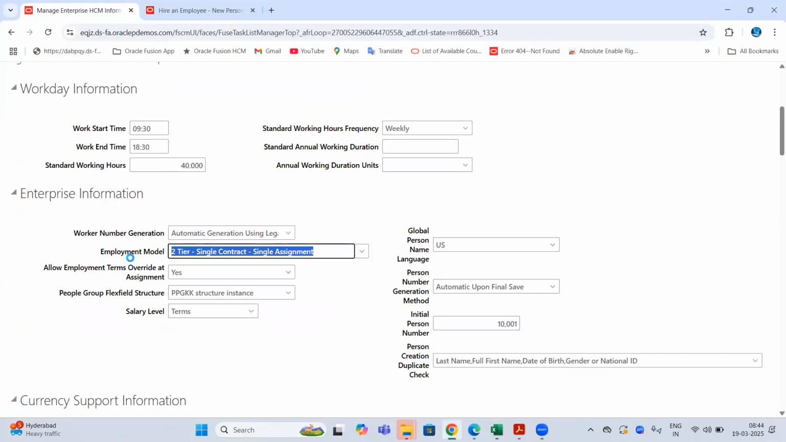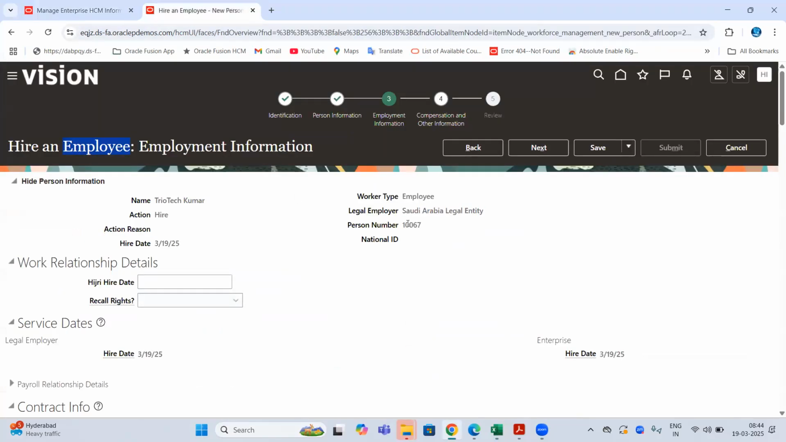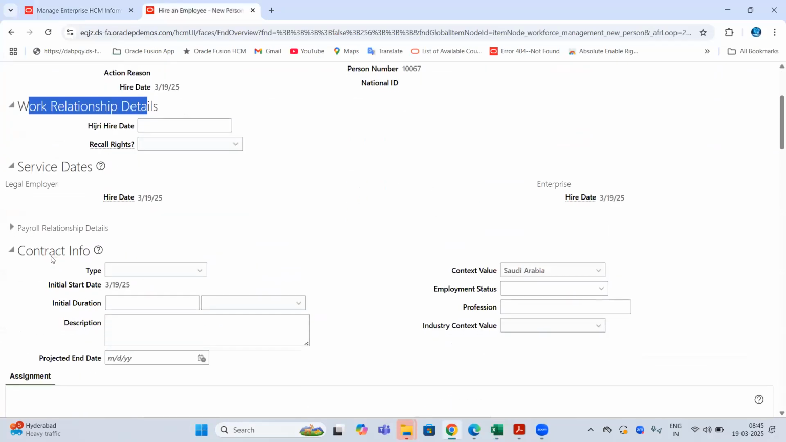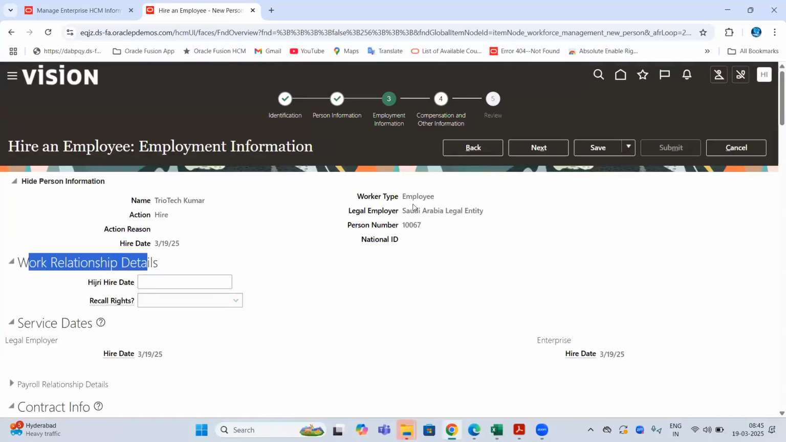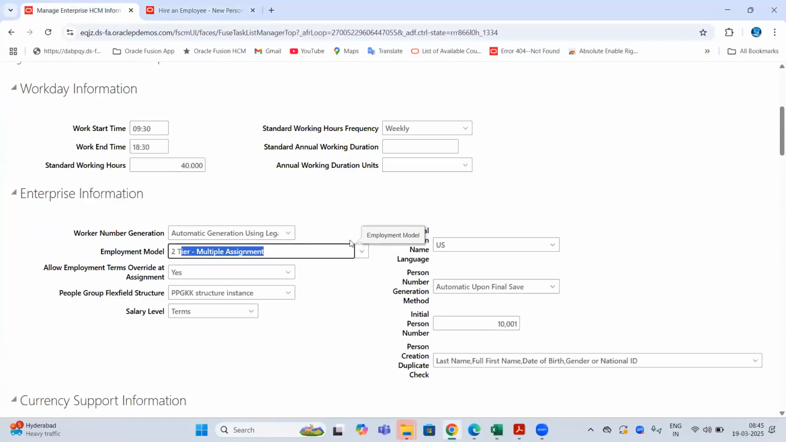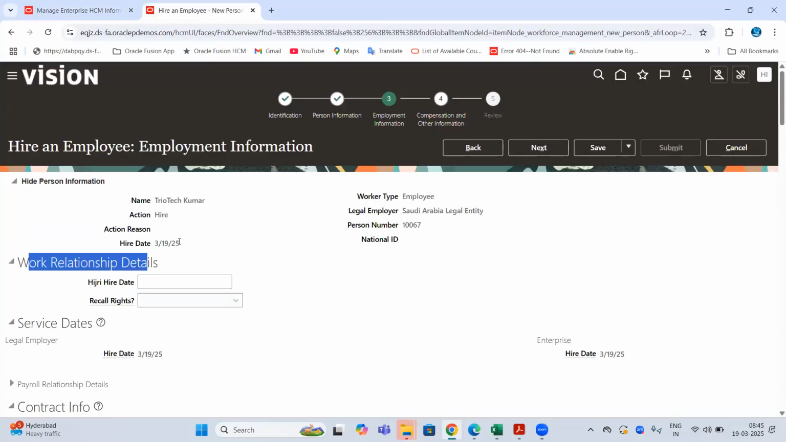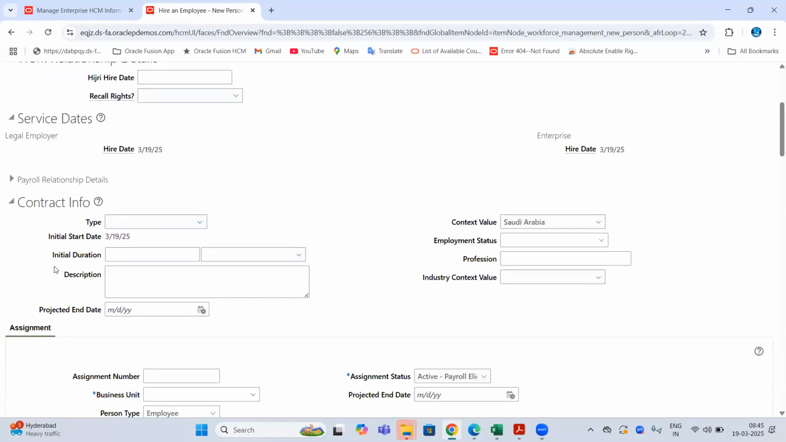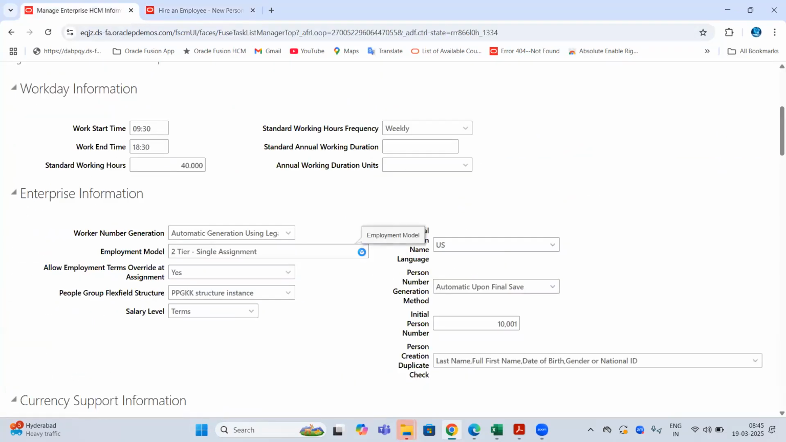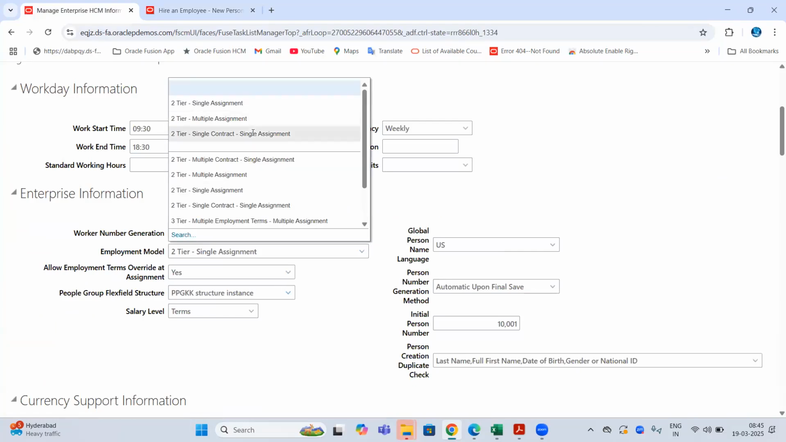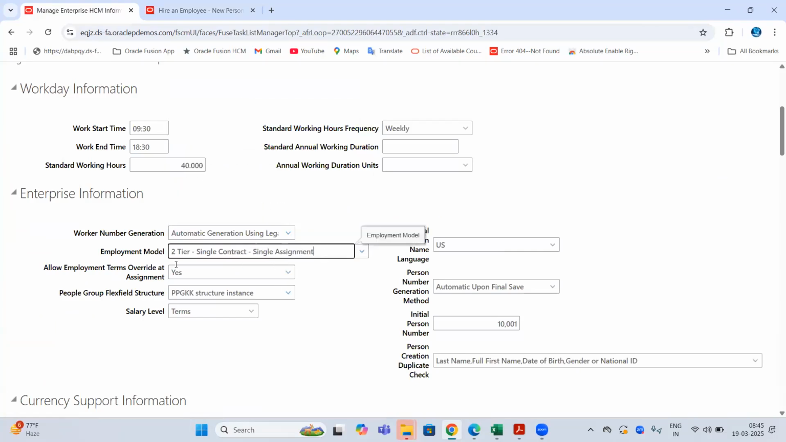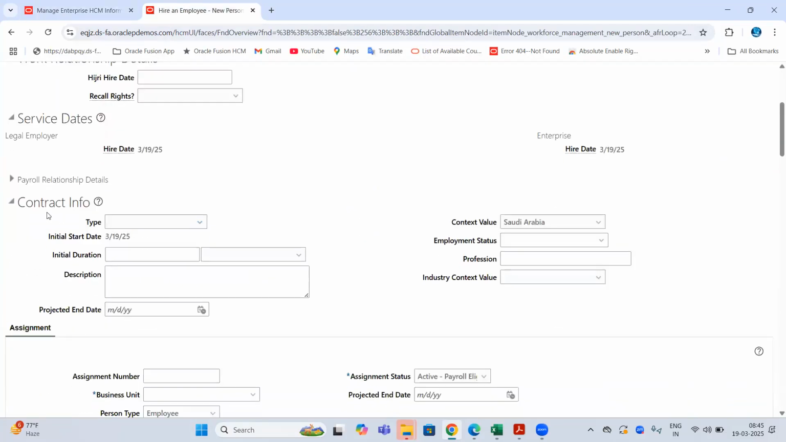If I go with the 2-tier multiple assignment combination, team, while HR is hiring the employees in the system, in a single company, in a single work relationship, team, you can give the employee multiple assignments also. You can tag multiple assignments to the employee, team. If I go with 2-tier single assignment, team, at any point of time while hiring the employee or after hiring, you can assign only 1 assignment to the employee, team. If not that, team, 2-tier single contract or single assignment, multiple contracts. If I go with this combination, team, while we are hiring, I will get this contract section also coming up. So the thing is, team,